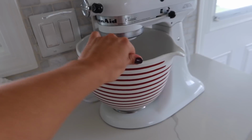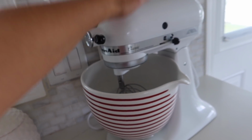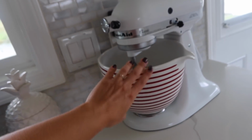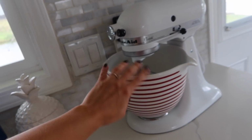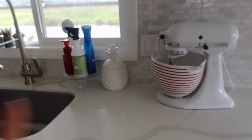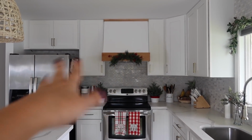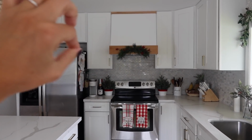And I got this year this striped bowl for baking. Since we do so much Christmas baking, I'm like, oh, this will be great for Valentine's Day and 4th of July. It will work for so many different seasons in here. So I got that little bowl to make baking extra fun. And over the stove here, I just hung, it's not really a garland, but I just hung that bit of greenery